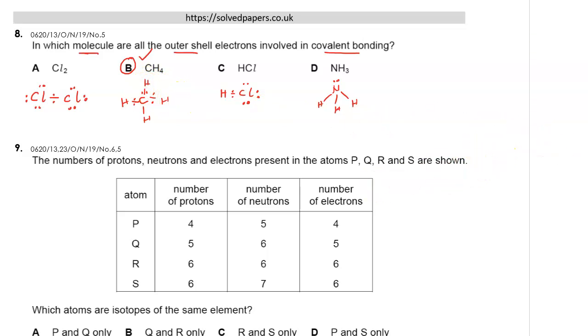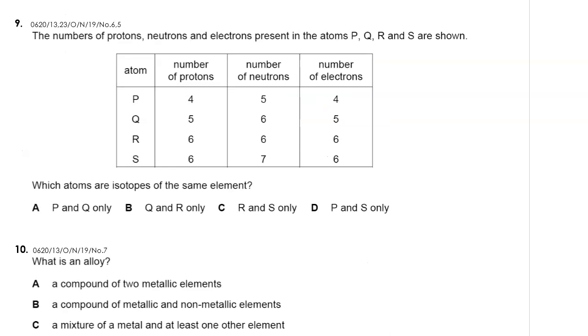Number 9 was from variant 1, 3 and 2, 3. Question 6 for variant 1, 3, and question 5 for variant 2, 3. The numbers of protons, neutrons, and electrons present in atoms P, Q, R, and S are shown. Which atoms are isotopes? Of course, to know which atoms are isotopes,